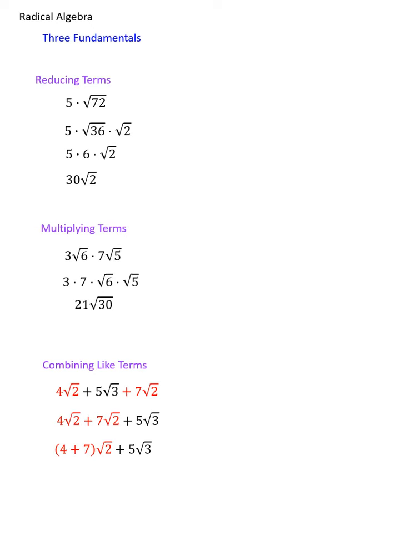Using the distributive property, I can factor out a radical 2. I could have written it in front of the parentheses as well, but tradition dictates that I write it afterwards. Not that that matters. The important point is that once I've factored a radical 2 out of those expressions, I can simplify the 4 plus 7, and that ultimately gets me to 1 term with a radical 2 instead of originally 2. And by rearranging the terms in their order and using the distributive property, we can combine like terms